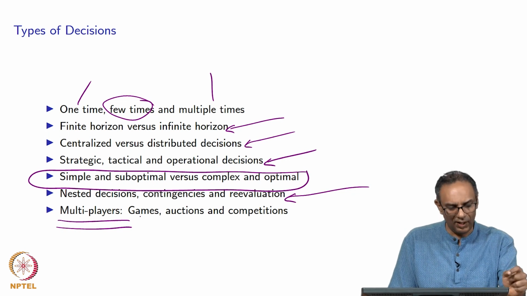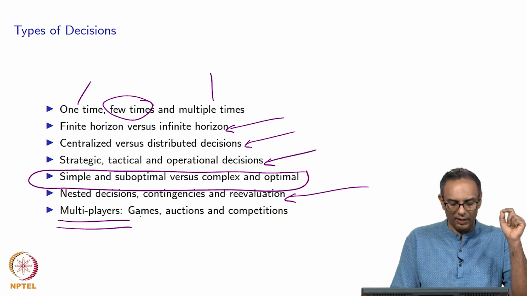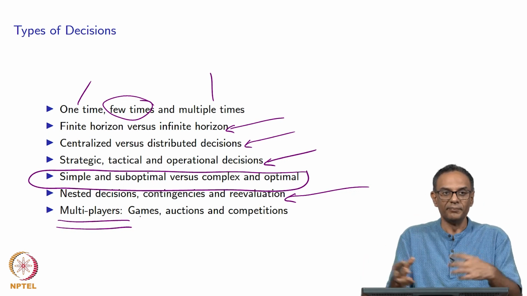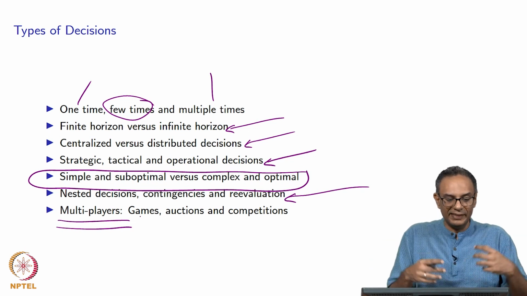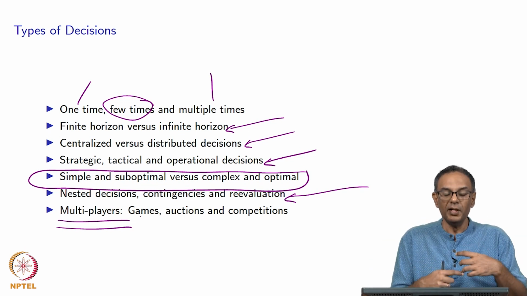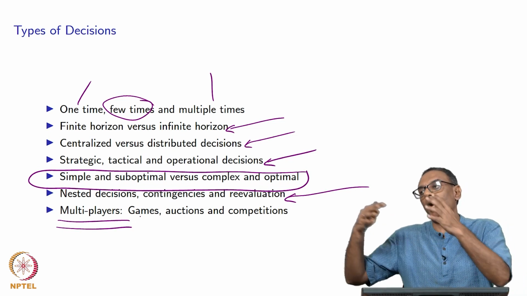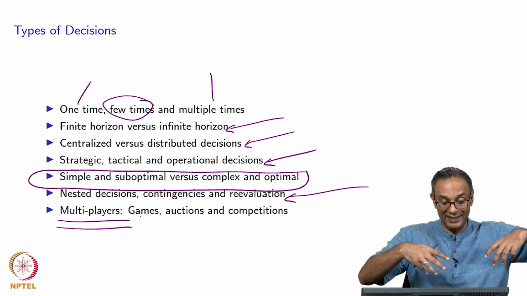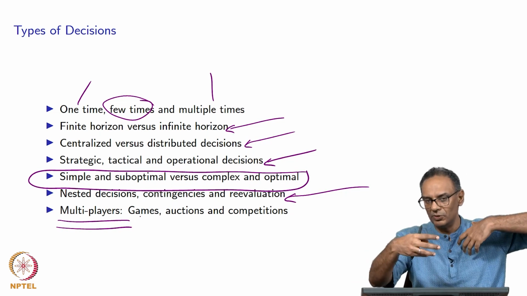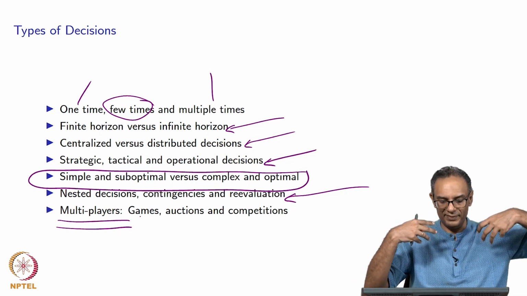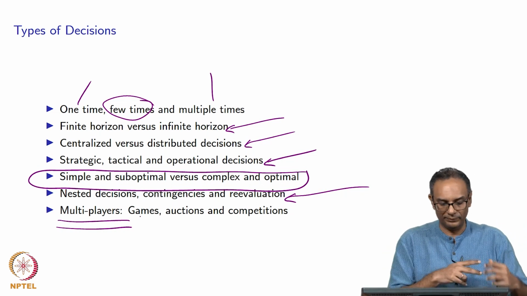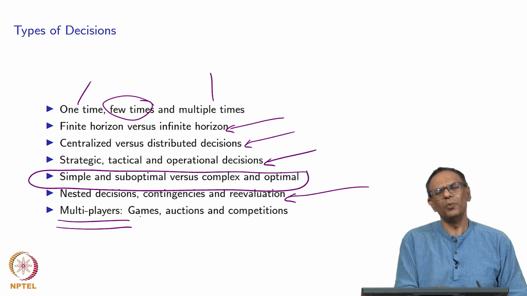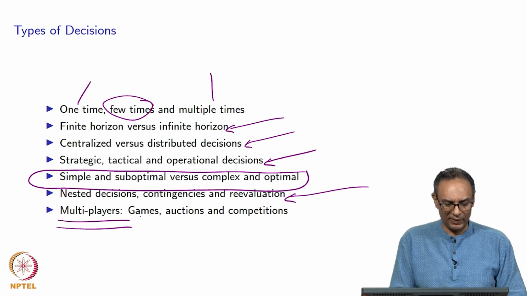But I do want to say that a lot of people work on this topic of games or even auctions. Okay, there are multiple players and they get into an auction. Or even competition. So these are things where you have to make a decision, understanding or thinking about what others will do. This is like playing chess, or this is like playing football. Things where you think about what the other person would do in order for you to make a decision, and you adapt quite a bit as you go along. Okay, so that is another level of decision making, which we won't do for the most part in this course.